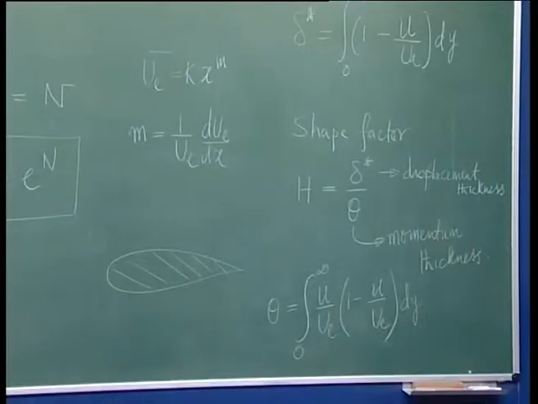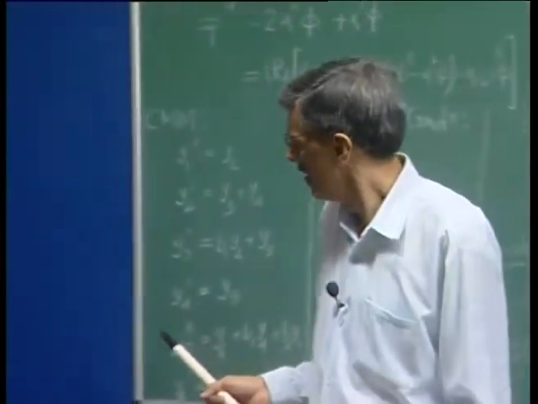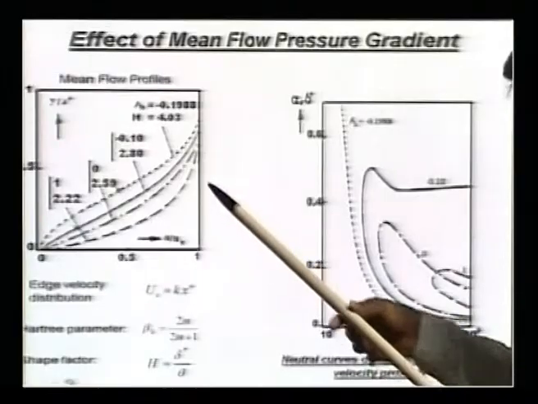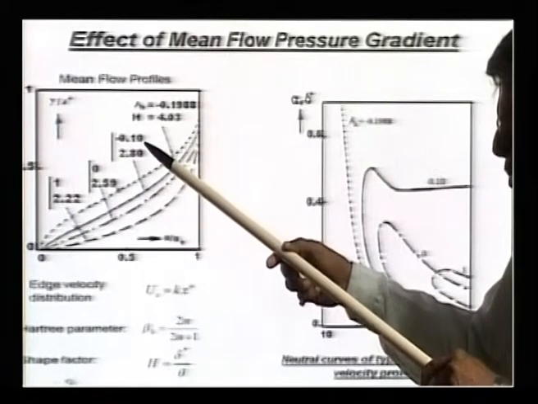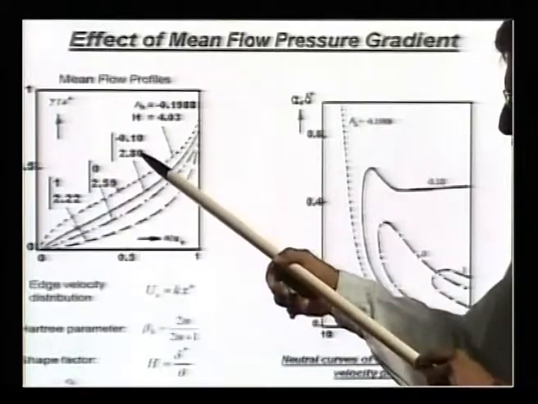So, what would that mean? That is an adverse pressure gradient flow. This case corresponds to a value of m equal to minus 0.1 and the corresponding h has turned out to be